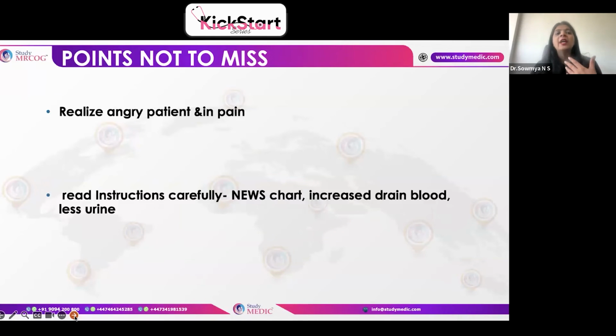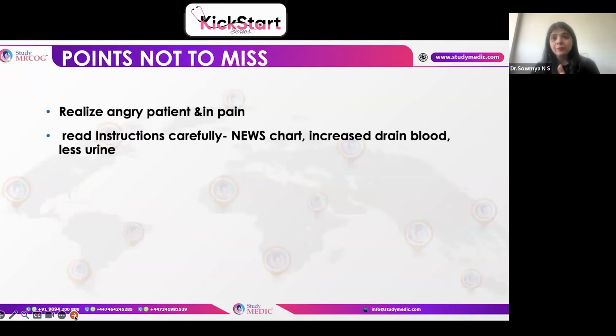This is an emergency. And the next thing is read the instructions carefully. New start shows tachycardia, hypotension, hypoxia. So you must be very quick accumulating the facts, and increased drain in the blood and the less urine, all indicating it is a